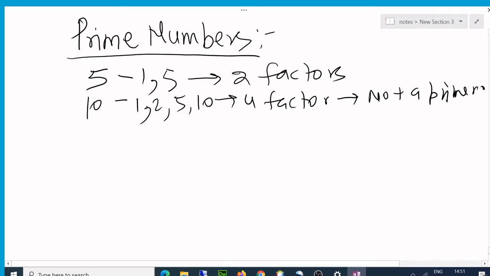Right? So how do we do it? We take a number, we input 5, then we divide it, that's modulus, from 1 to the number itself.